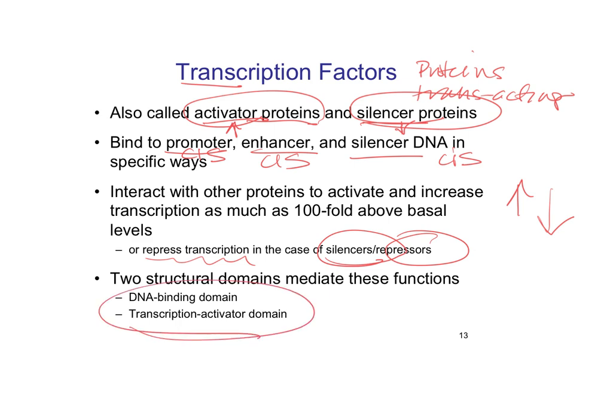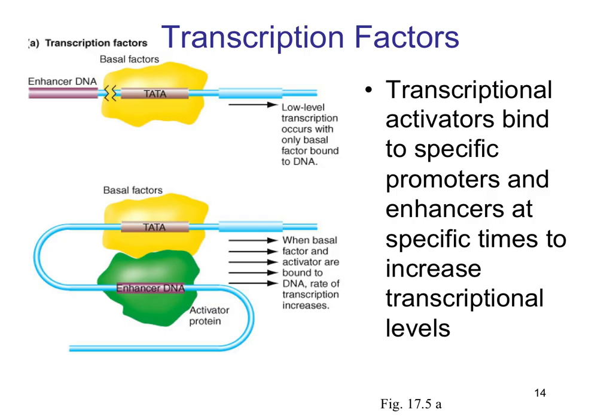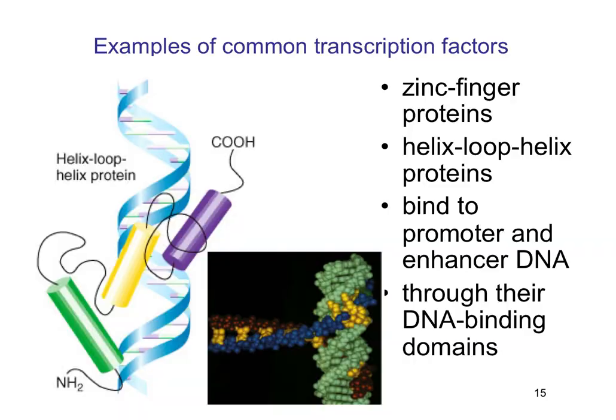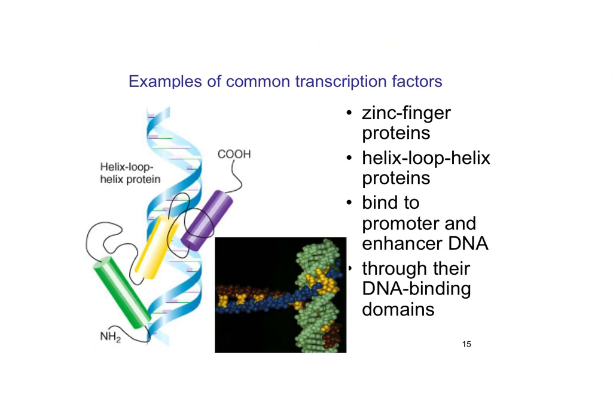Let's look at these transcription factors and what that protein actually looks like. Enhancers do that. Activators turn things up. What else? Common transcription factors. We're not going to memorize what they look like, but we're going to know they have a specific shape. Shape gives you function. Shape is determined by tertiary and quaternary structure.